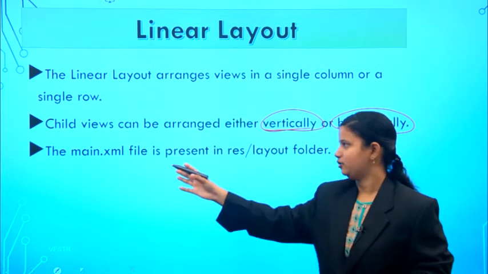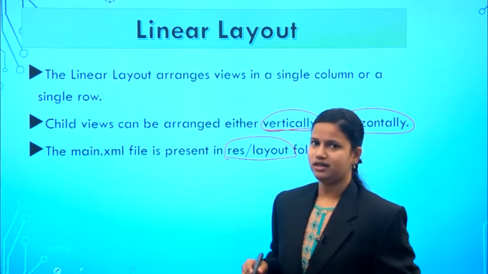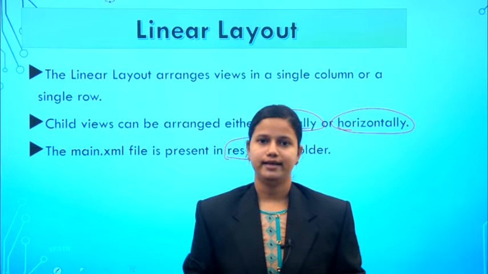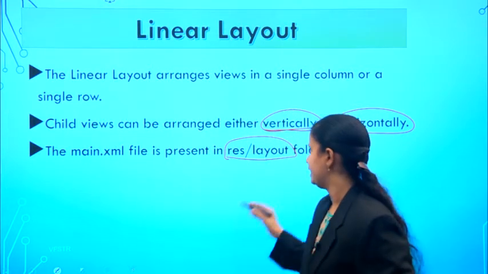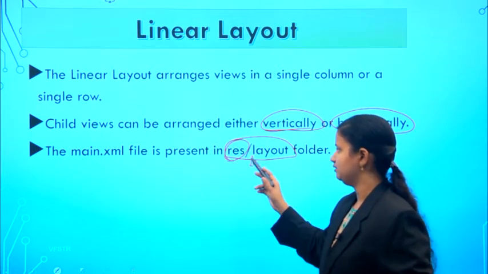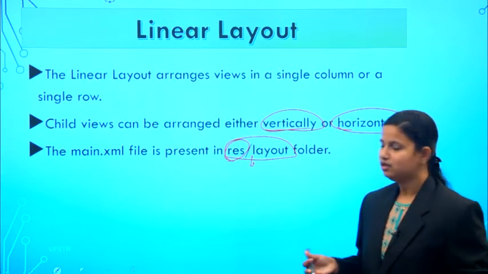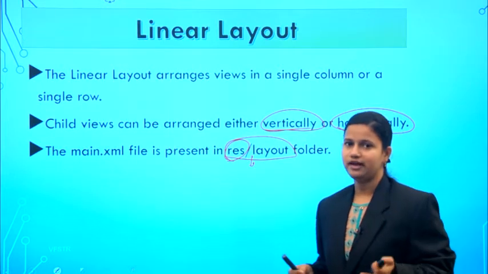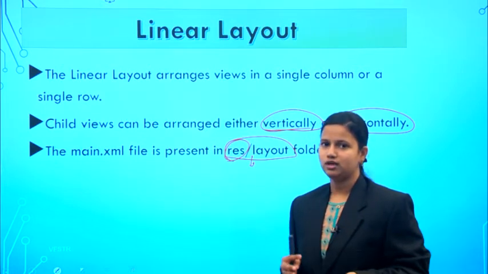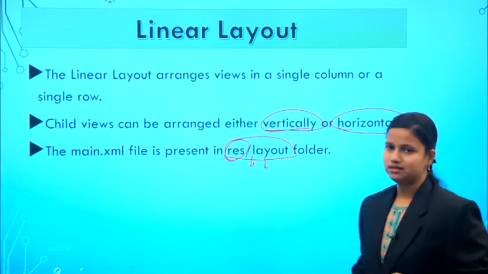And this will be done in a main.xml file, and it is presented in the res/layout folder. While you are designing a user interface, all the user interface XML files are to be presented in one folder, res/layout. Why? Because the Eclipse IDE provides this structure to maintain different file formats. If your file is XML, you have to go with res/layout. If your file is Java or an image, we have different folders. From those different folders, the user interface files go into the res/layout folder.